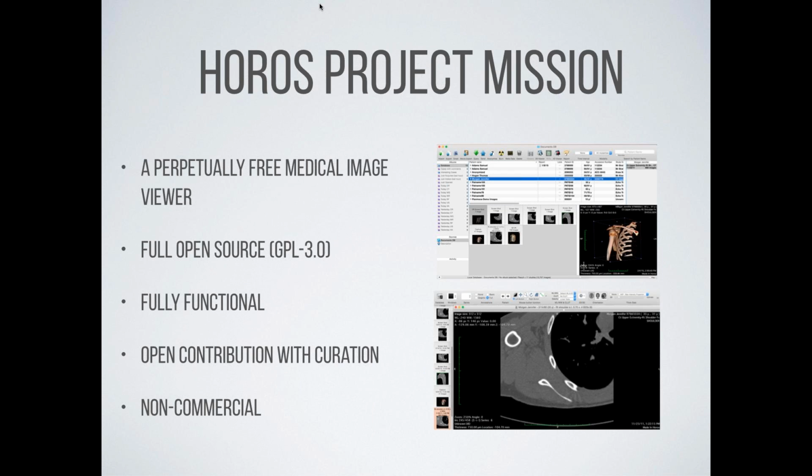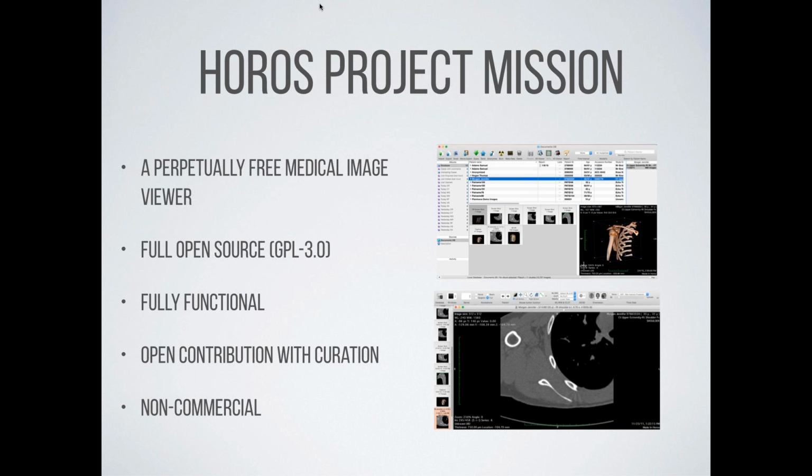I want to, again, emphasize the mission here at Horos before we get your questions answered. Our goal is to build a perpetually free medical image viewer that is always open source. We've chosen to license this version of Horos under the GPL 3.0 license. We've chosen to make it fully functional, so we wanted to make sure that all of the limitations in OsiriX Lite were removed from our distribution. We want to make sure that there's open contribution.